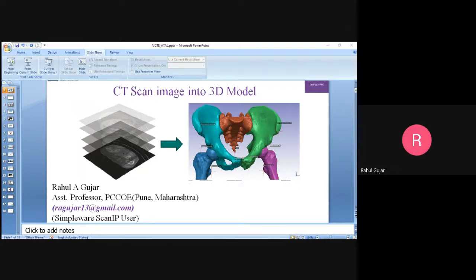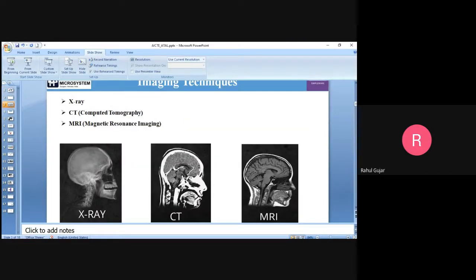Sorry to disturb you. Are the slides being changed, sir, or do we only have the first slide? No, only that imaging technique slide is visible now. The CT scan image into 3D model is available, but the second slide is not visible, sir. Now? No, sir. We are just presenting the PPT, not the full one. Just wait.